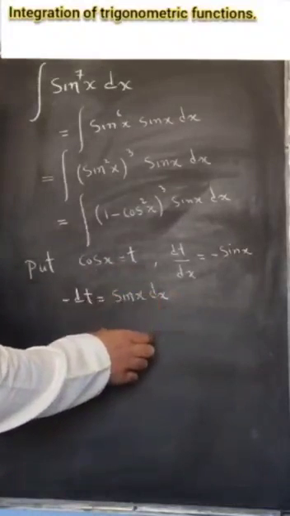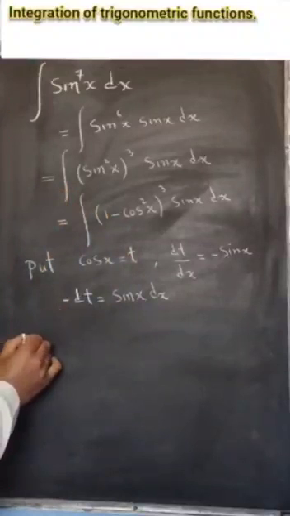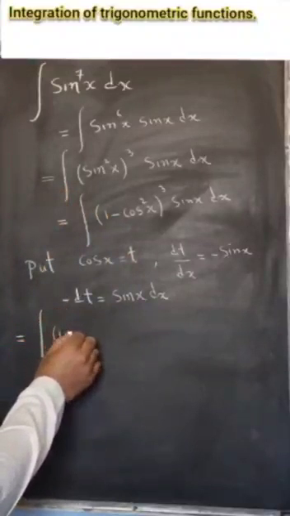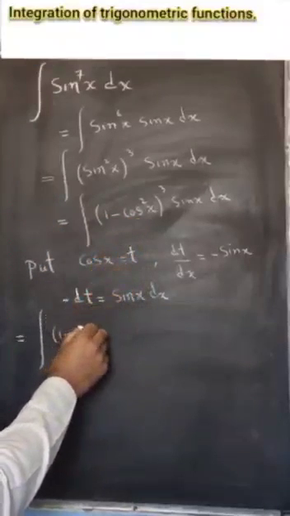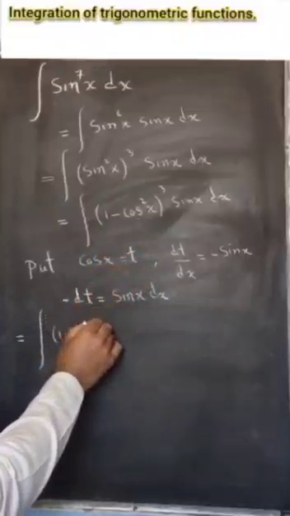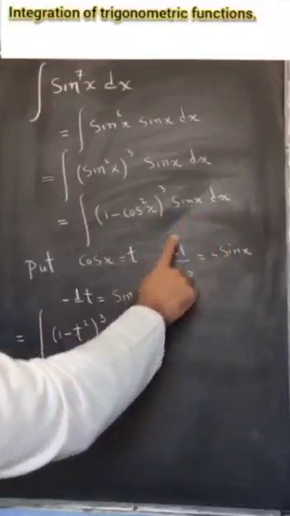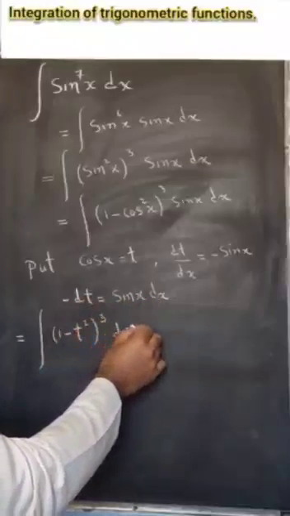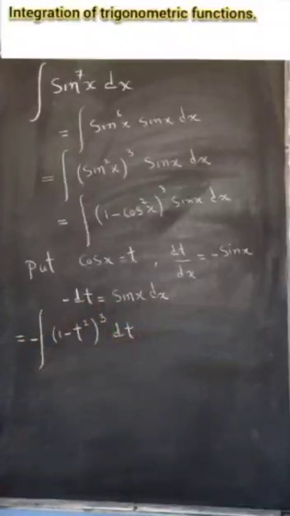Now substitute these in this integral, we get integral 1 minus, instead of cosine we have t, so we write here t square whole raised to power 3. Instead of sine x dx we have minus dt, so we write dt minus times, let us put minus here, okay, that is equal to